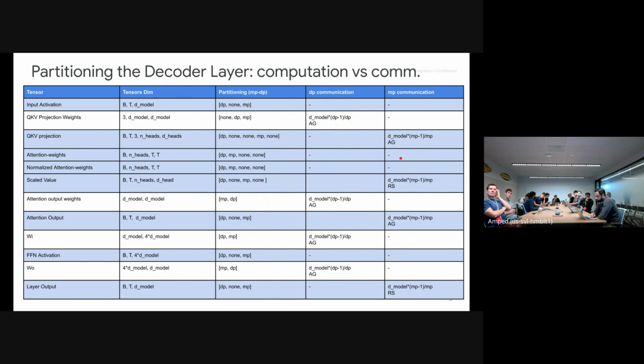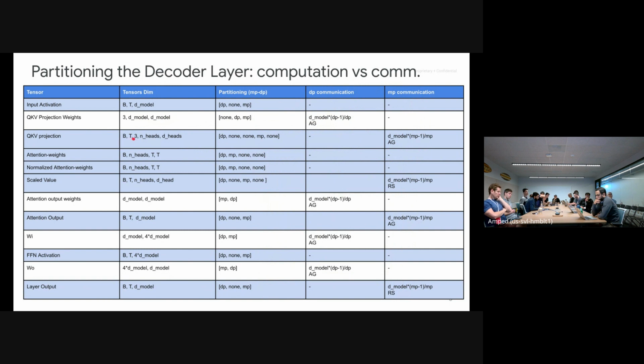That remains sharded in your 2D sharding situation. So this shows that, for example, the DP communication has the D model square multiplied overall in terms of the overall cost, and the MP communication has this